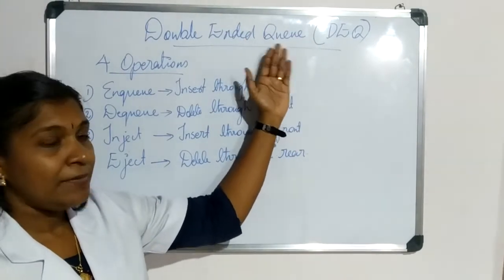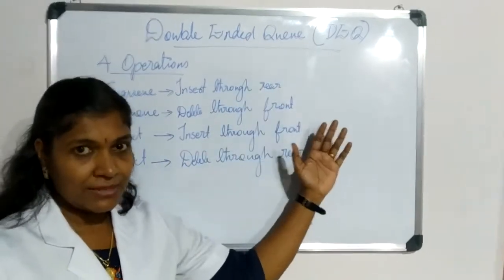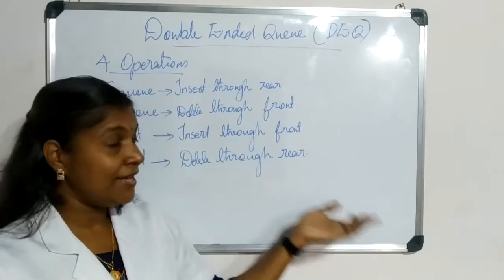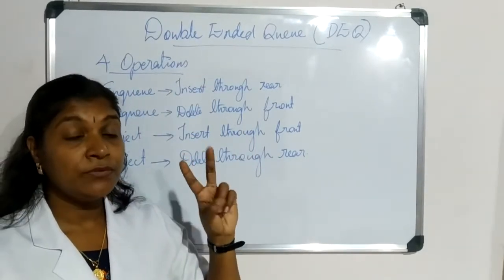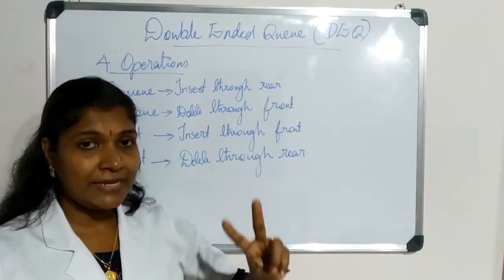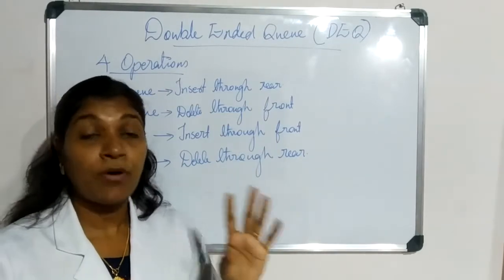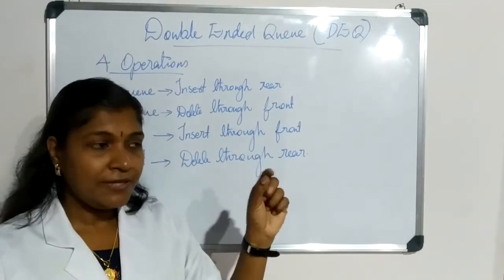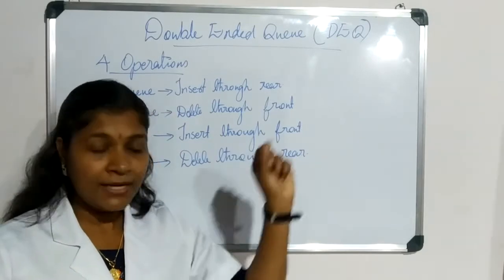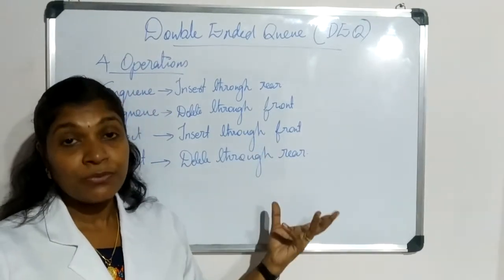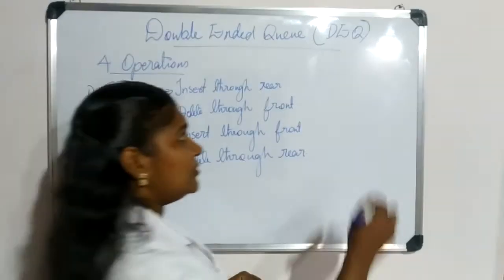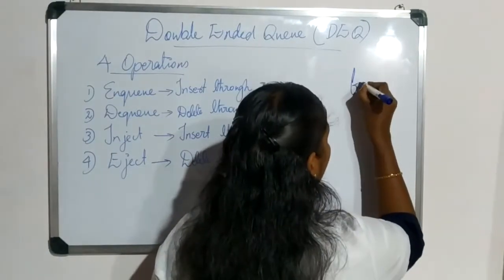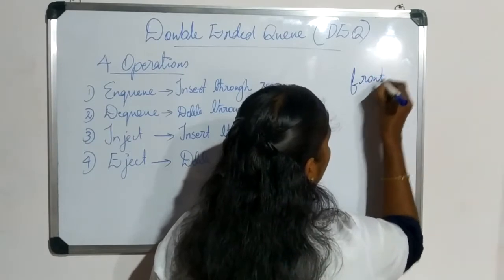As the name indicates, it has 2 ends. In our normal queue also 2 ends were there. Then in our normal queue, what was the other concept? We used 2 pointer variables. It is not the actual pointer concept. Still, we are using 2 variables to point to the array locations. Those 2 pointer variables are front and rear.